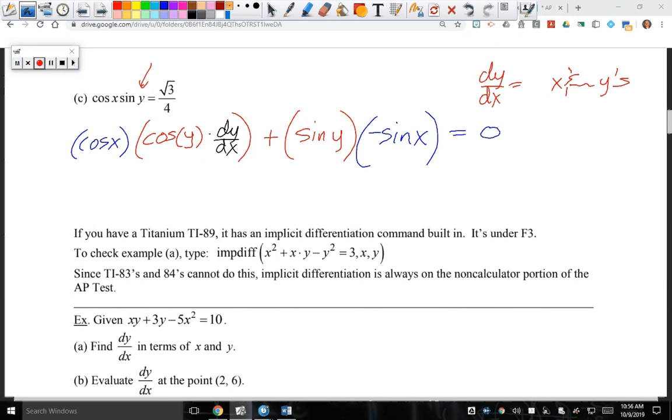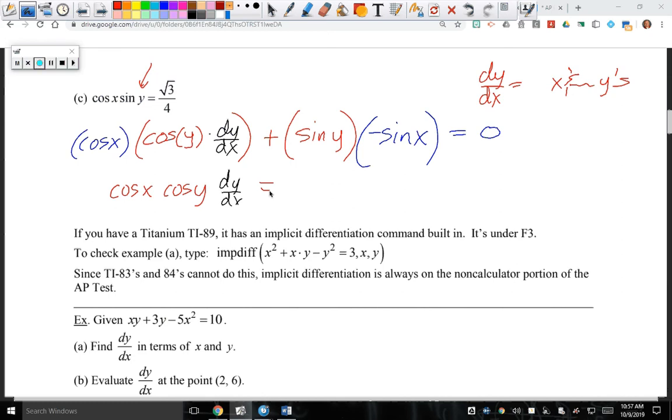What's the question that I would ask myself right now? How many terms am I looking at? 2. So all I need to do is subtract one of them over and then divide, or alter from there. Okay? So here we go. So cosine of x, cosine of y times dy dx, I'm going to move over this product, and when I move